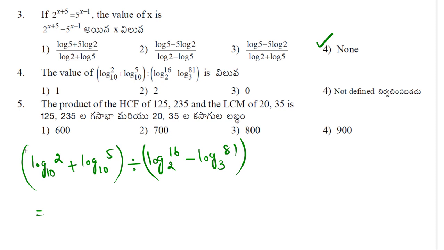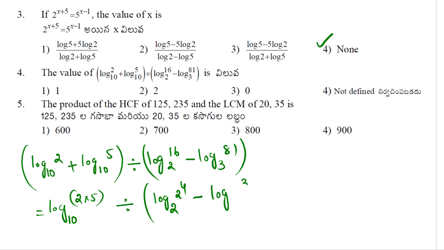This is equal to, we can write this one as log 2 times 5 to the base 10 divided by, now let us write 16 as 2 power 4. So it will become log 2 power 4 base 2 minus log 81 can be written as 3 to the power of 4 to the base 3. Now this is equal to log 2 into 5 is 10. So log 10 base 10 divided by, here if you observe this one, this is of the form log x